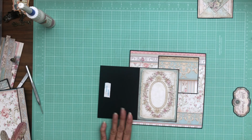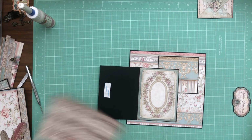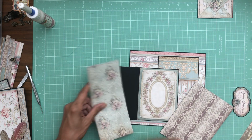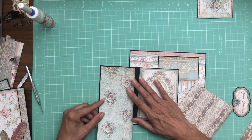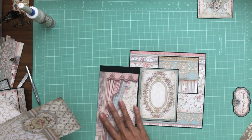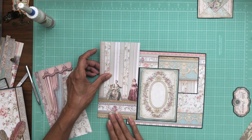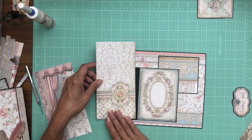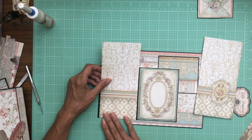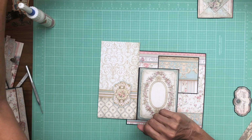So now we need to find a piece to go here. I'm gonna dig through my scraps real quick and find something pleasing. And I have plenty to work with. This is so pretty. I love this paper, but it's not quite wide enough. So let's see what we have that might be. That's an option. It's the right width. That's the right width, but I think that might be too fussy. And I love this, so I think this is what we're gonna use. And this is the alternative. That one's too narrow, this one's just right. So I'm gonna go ahead and trim this down. And we're gonna use this image